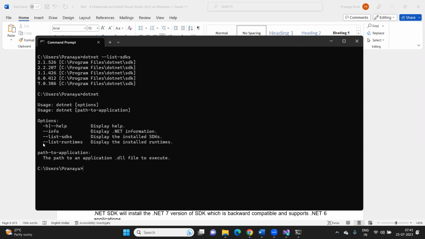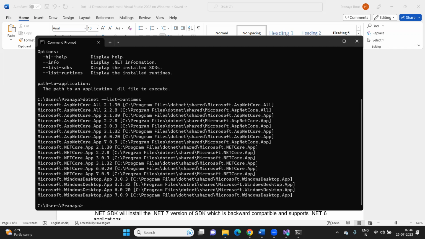Right? And if you want to see the list of runtimes installed, I never remember this command because they provide IntelliSense. Only type dotnet, and it will give you the list of commands. From there, you can use all these things. So you can see the different runtimes installed in our application. We are going to use this runtime for .NET 6 applications and this runtime for .NET 7.0 applications,